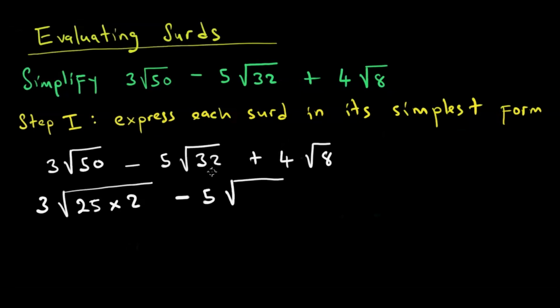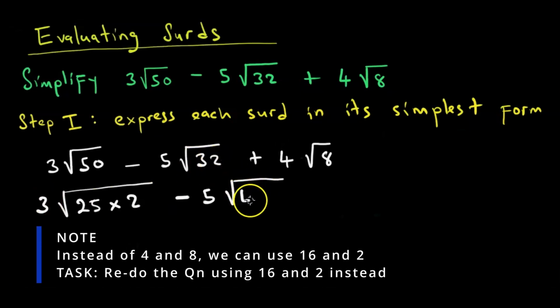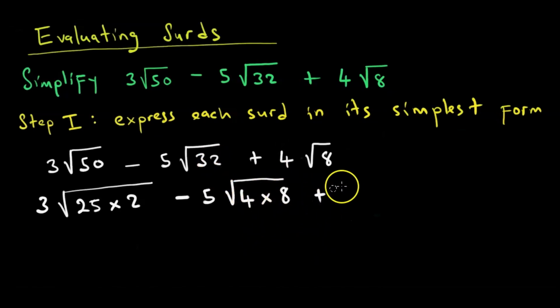4 does go into 32. So when we get to 5, it becomes 20. We go to 6, it becomes 24. We go to 7, it's 28. Then we go to 8. What is 8 times 4? 8, 16, 24, 32. So, instead of writing 32 here, we are going to say 4 times 8. Then of course, the square root of 8 is simpler. It's just 4 times 2. That is all.